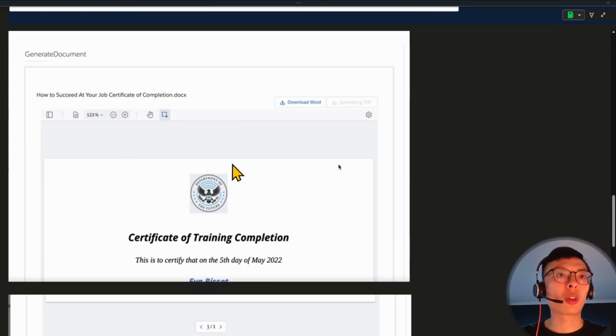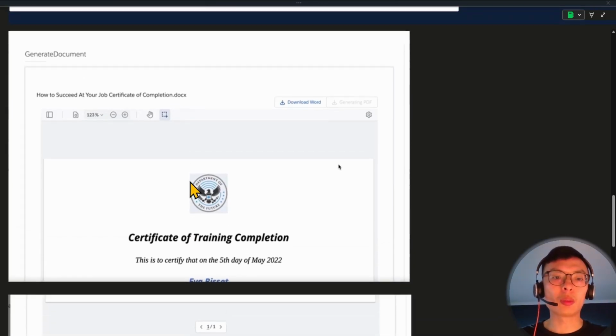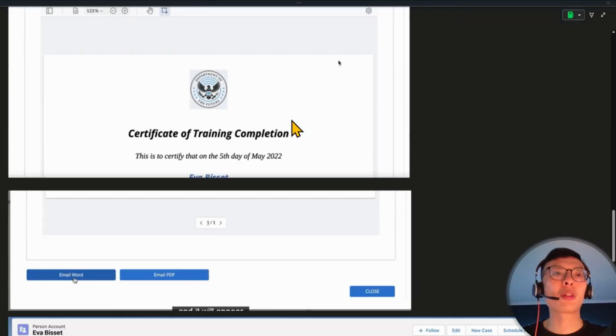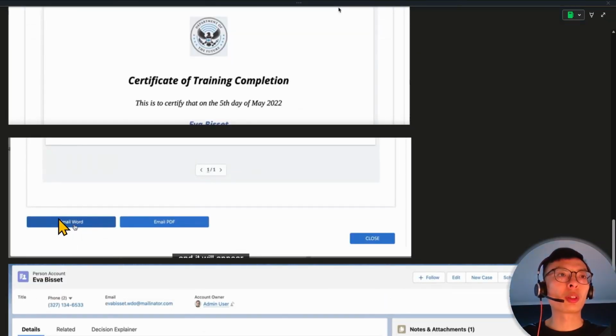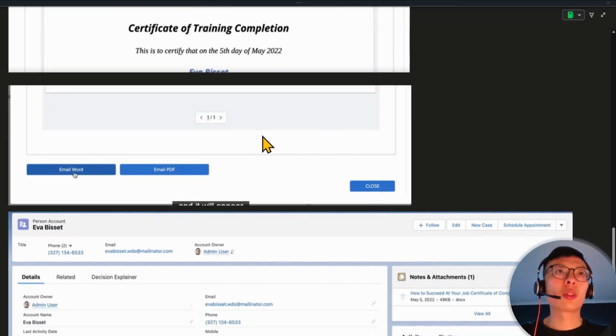So this certification here will include Eva's name and a bunch of other details. The good thing about this is that the entire process is automated, which ensures consistency and efficiency, and allows you to download as a Word document or generate PDF. You can also email the Word document or the PDF, and when you close this